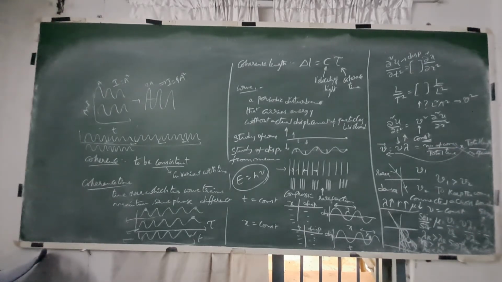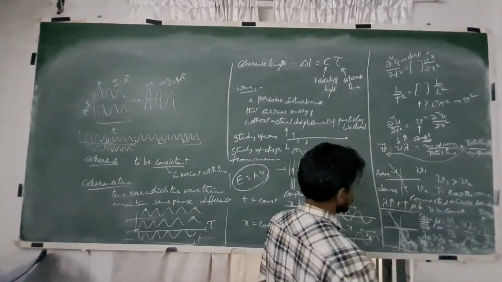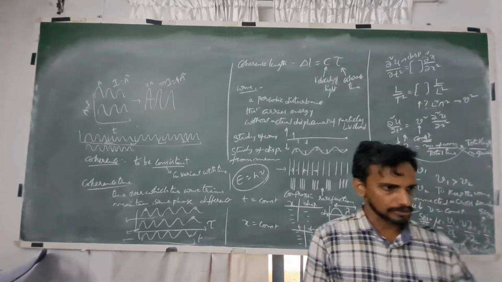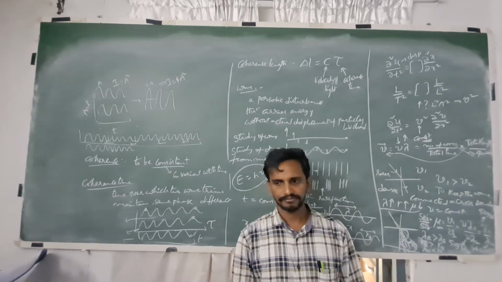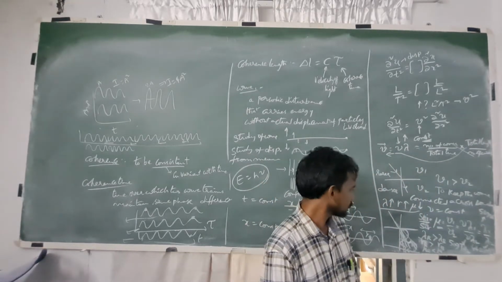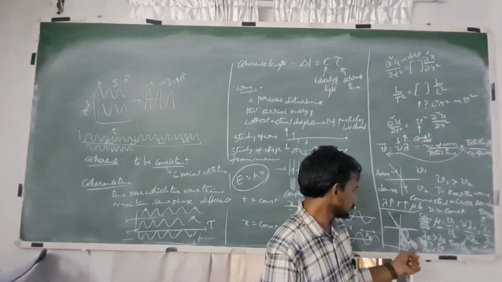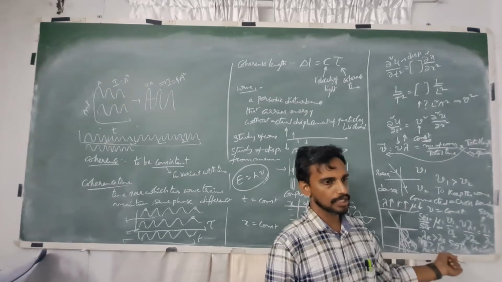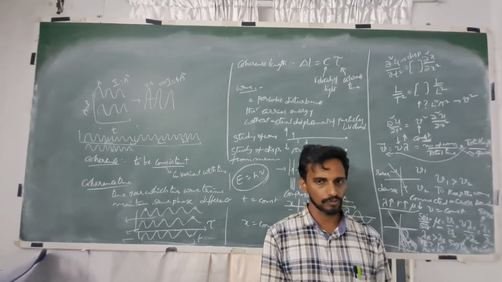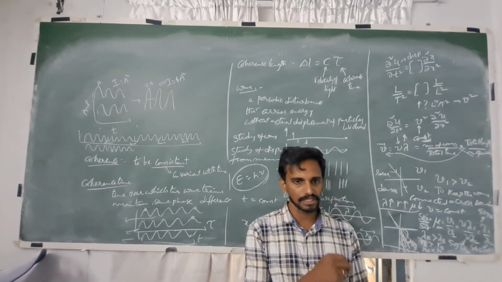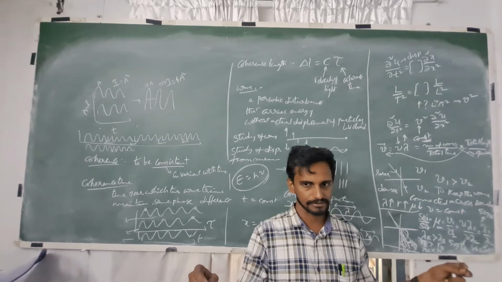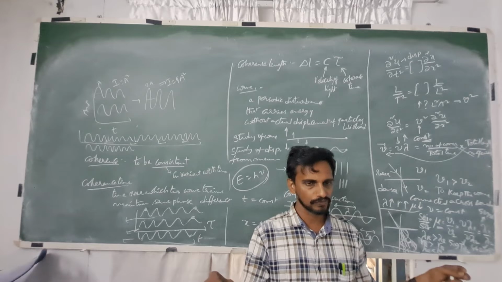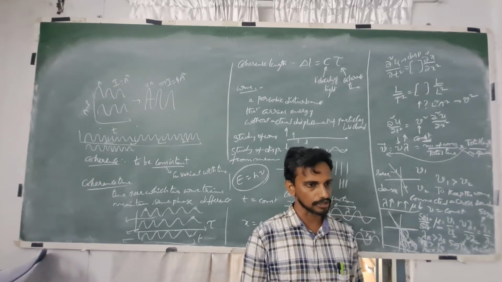So now tell me this. The refractive index of water is 1.33, right? Then what is the conclusion we got here? Red has a lower refractive index, blue has a higher refractive index, green has a moderate refractive index. So different colors have different refractive indices. Then the refractive index of water is defined for what color?